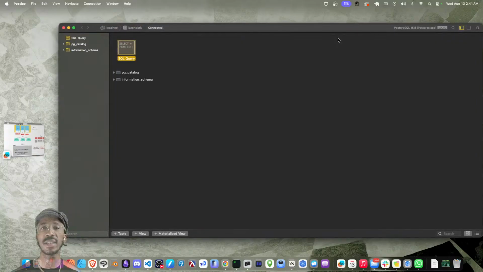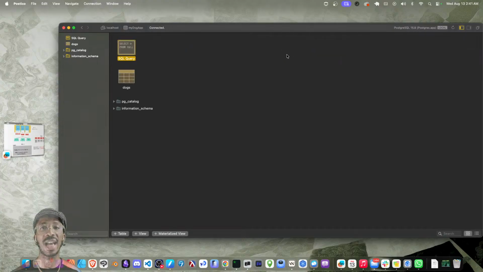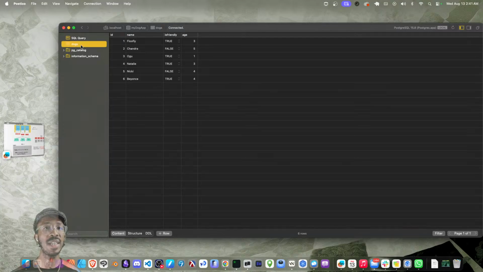So we'll connect, and when we connect, we can go and look at the databases that we have available. And if we look in here, we see that there is MyDog app. When we open up MyDog app, we can see that there's one table, and this table has attributes of ID, name,